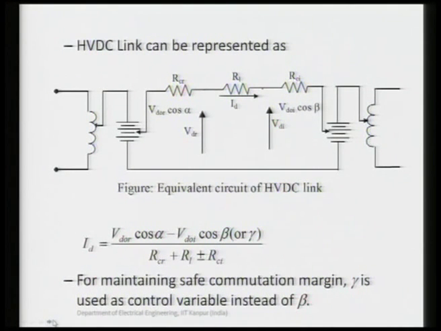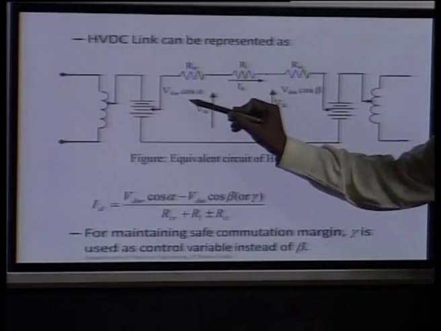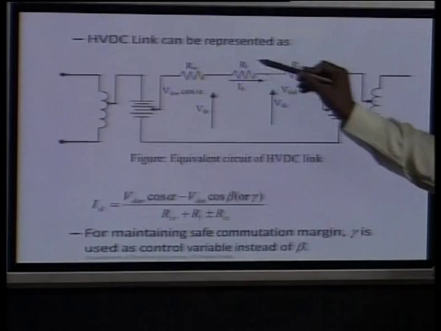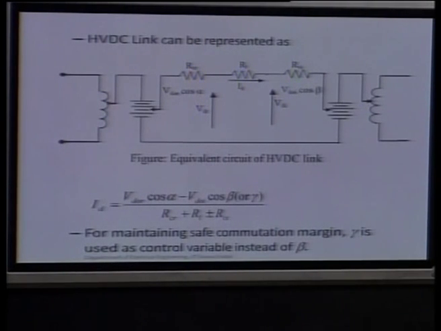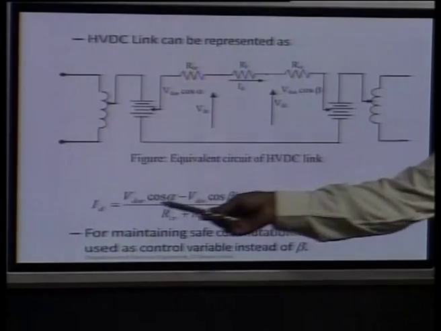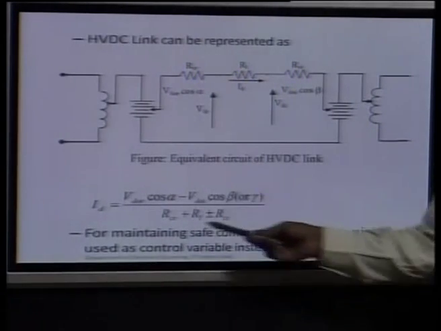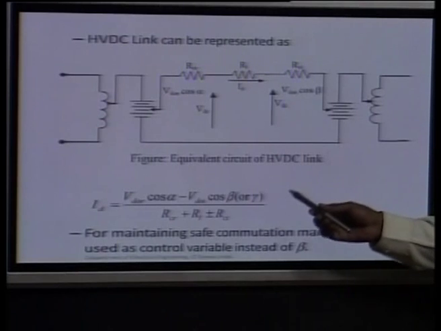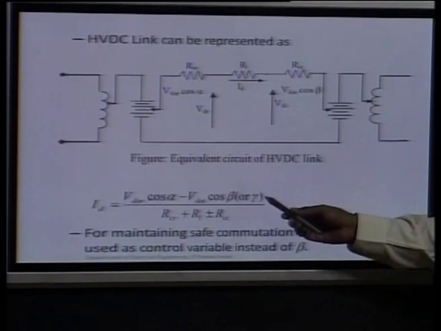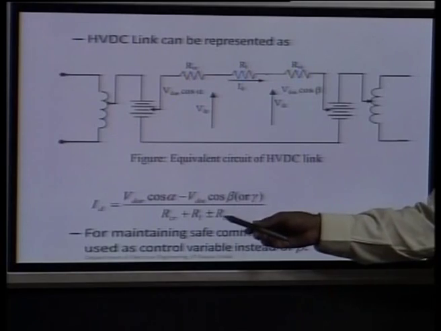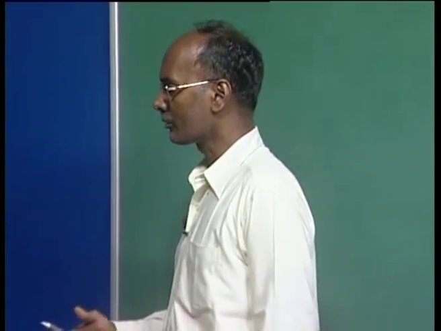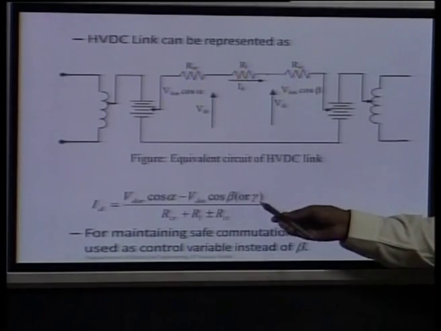where we already derived the variable voltage, that is VDO R cos alpha, and this is a commutation resistance, and this is your inverter side, and this RL is your DC line resistance, and ID here, that is a control current, is derived by this equation. Also I explained that it is preferred to go for the gamma control rather than beta control due to this negative resistance here, because sometimes operating on the negative resistance your control characteristic may not be stable, and that is why we go for gamma here.